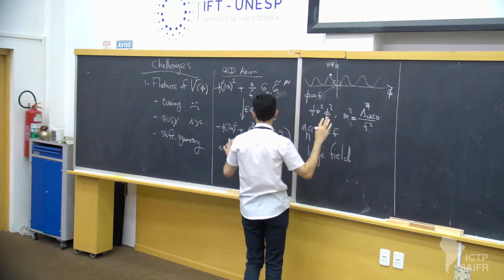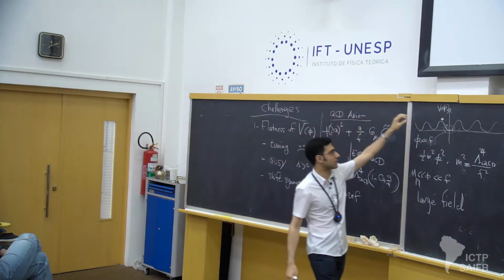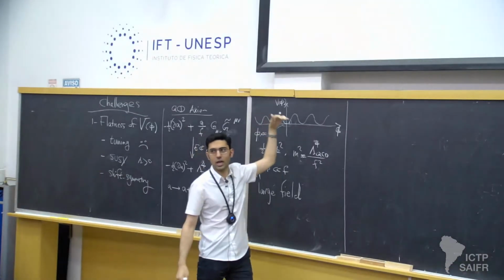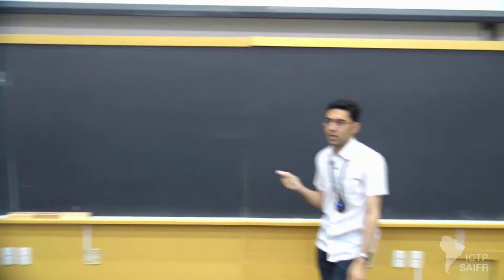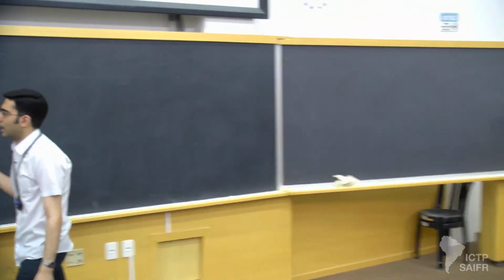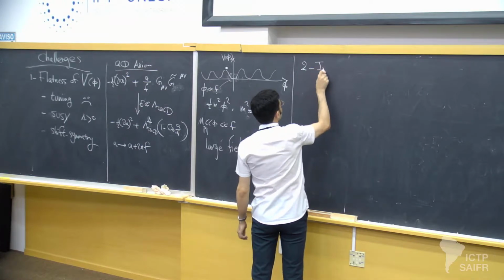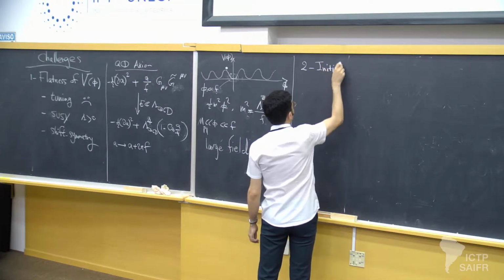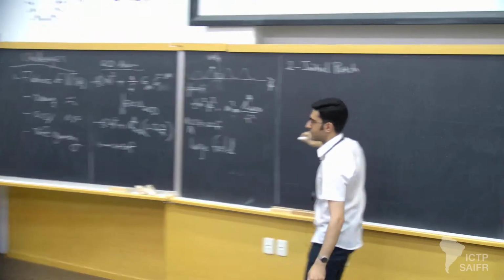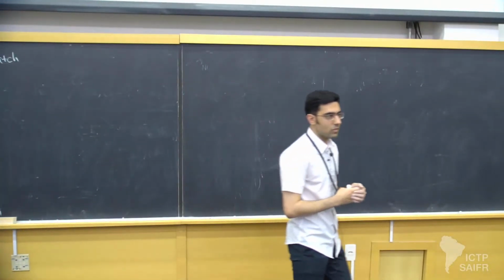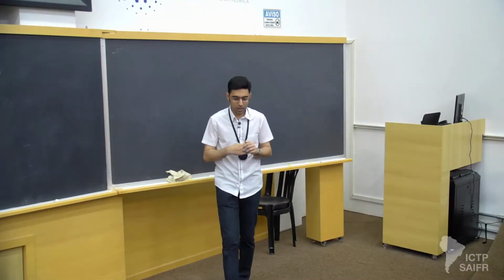Now, okay, so this is so far okay. We can in principle assume that inflaton sits near the top and inflation happens there. However, this brings us to the second challenge to inflation, which is called the initial patch problem. So what is the initial patch problem? The initial patch problem is that,